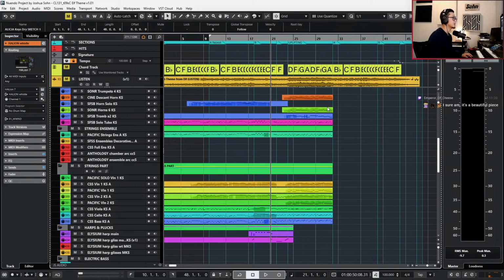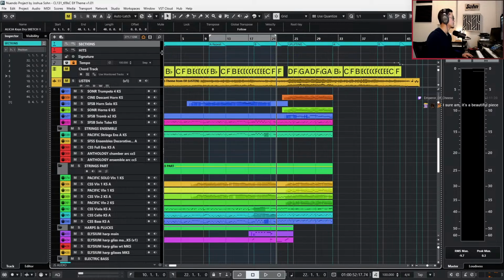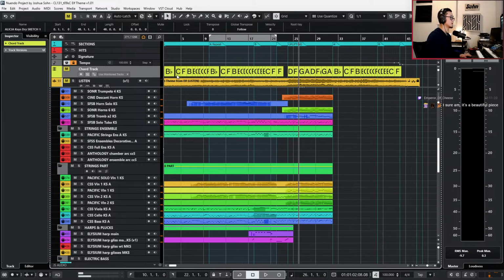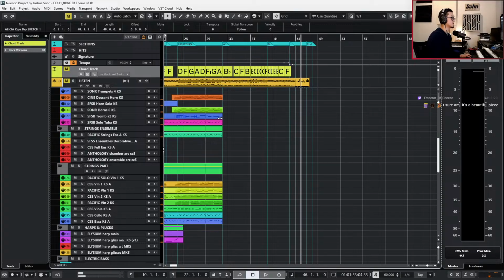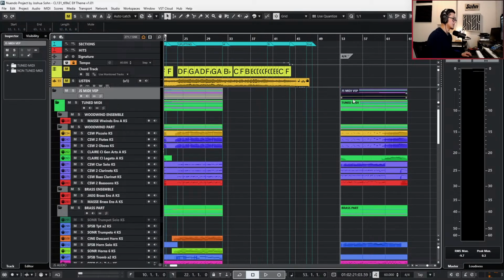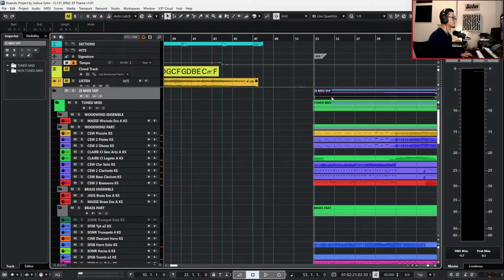So right about here is where we need to go ahead and paste this over. So we're going to go here to this. We're going to lock this, lock the chord track. Okay, so first off, I like to paste this over here and clean it up just a little bit. So what I mean by that is